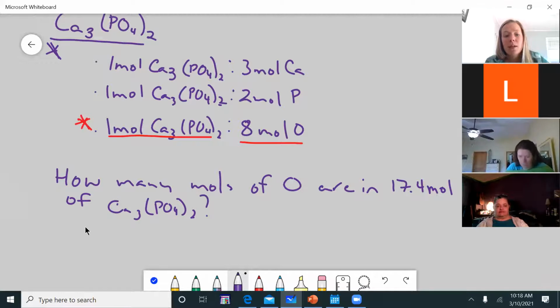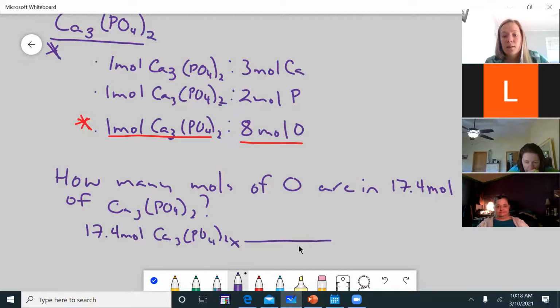So we start with our given information. We have 17.4 moles of Ca3(PO4)2. And I want to figure out, well, how much oxygen is that? So the relationship is Ca3(PO4)2 to oxygen, specifically moles of each of those. So 1 mole of the molecule will yield 8 moles of oxygen. I'm putting the oxygen on top because that's what I want to go towards. Moles of the compound cancel, and we're left with hopefully just oxygen. When I calculate it out, I get